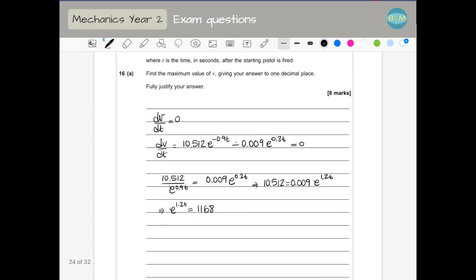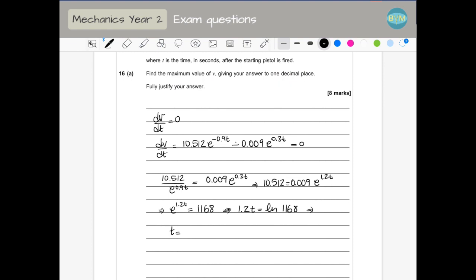And then taking logs, or taking ln, I have 1.2t is ln 1168, which means that t is